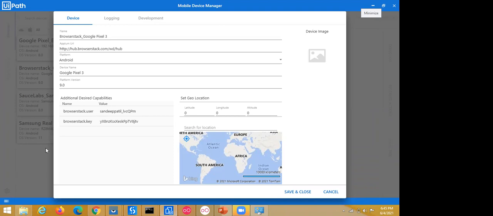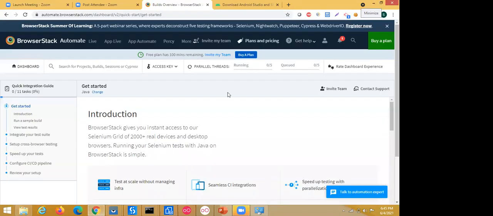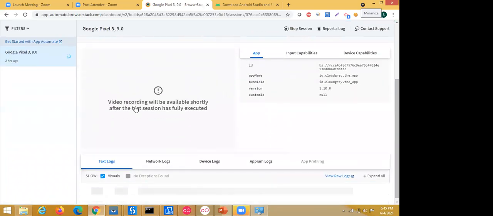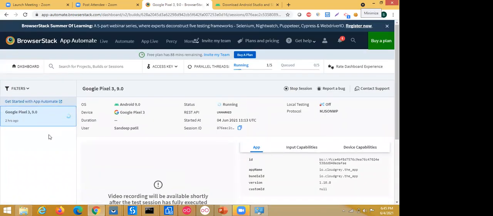Yeah, thanks. So we need all these dependencies, and we will get them from BrowserStack, from our account. Once you are registered, you don't need to create or understand anything. Just go to the App Automate section, and first of all you need to configure all the things. But how to configure? Just a minute.